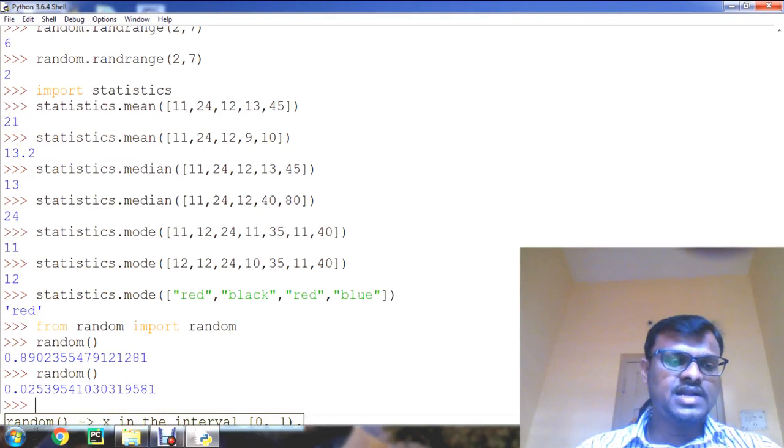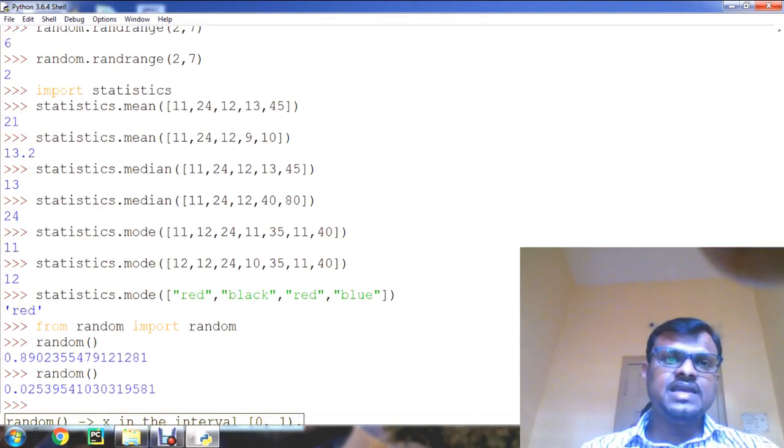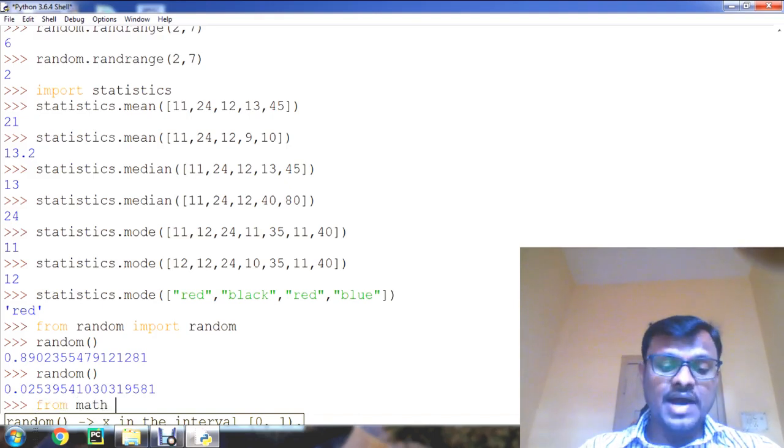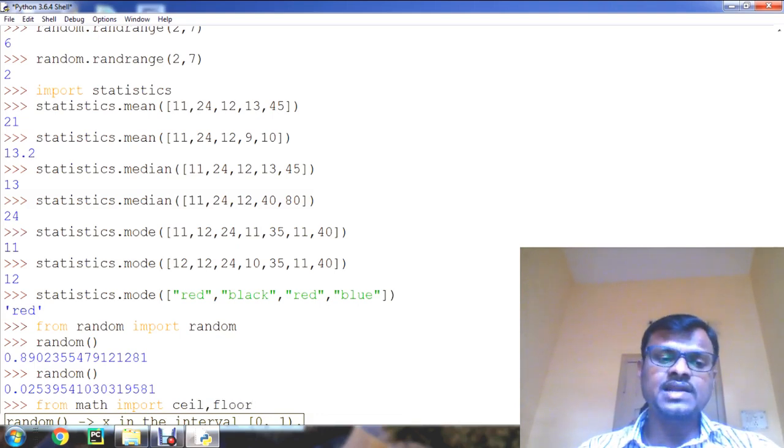Okay, understand? Another example: let us use from math import ceil, floor. Here I am demonstrating 2 functions I am importing, ceil and floor.